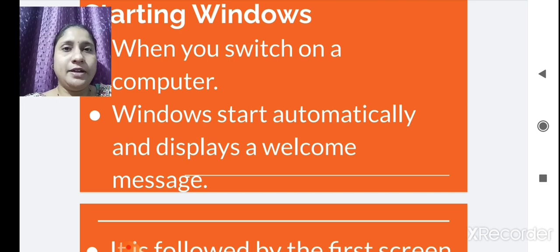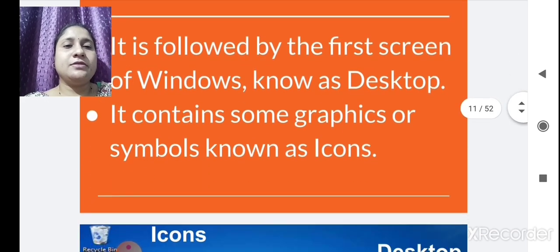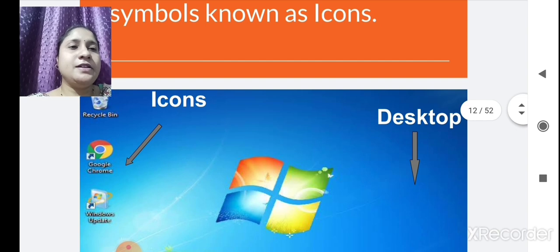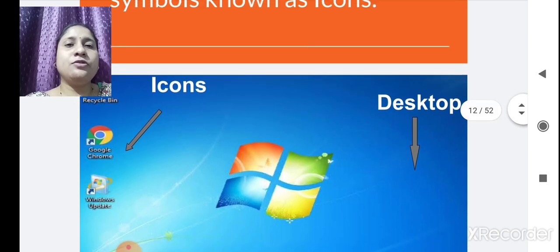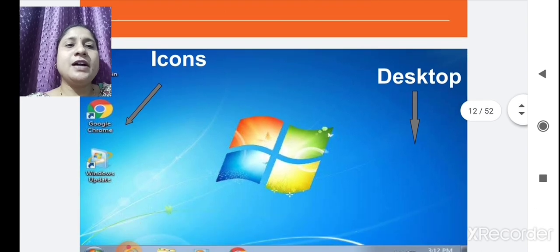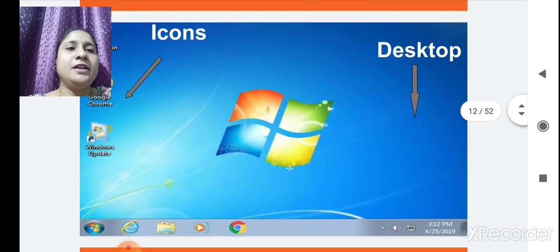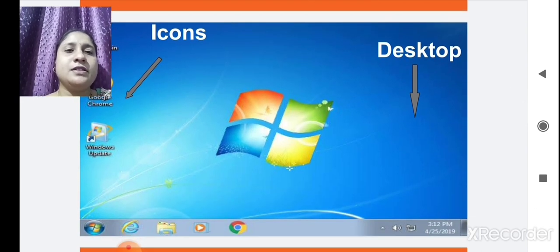It is nothing but the desktop, and the small graphics are the icons. See here, it is a blue color desktop, and this Google Chrome and recycle bin are the icons, and here we can see our windows.